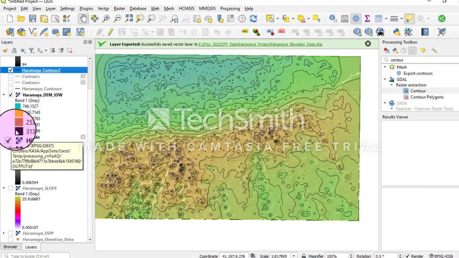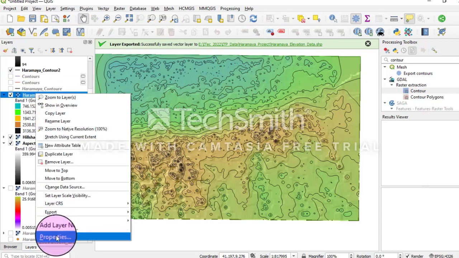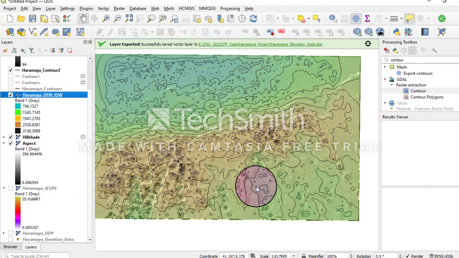Hillshade here, we do have hillshade. Alright, here let us see the transparency, and let us make it like this. And what I'm going to do is that,